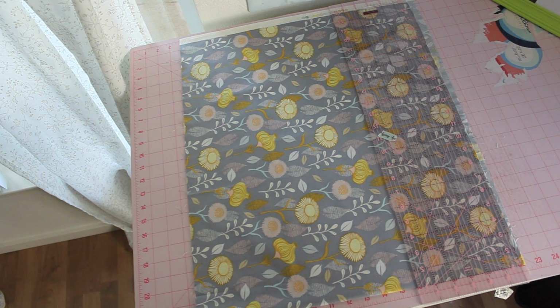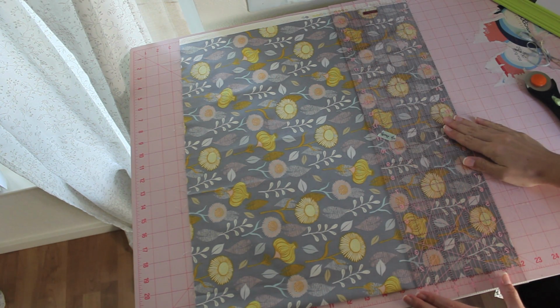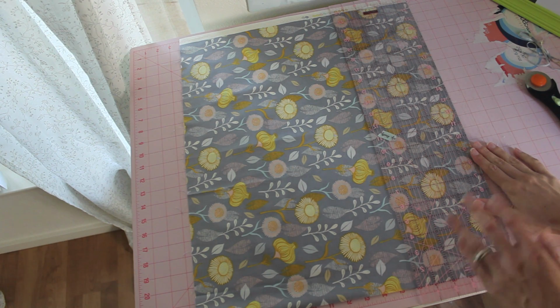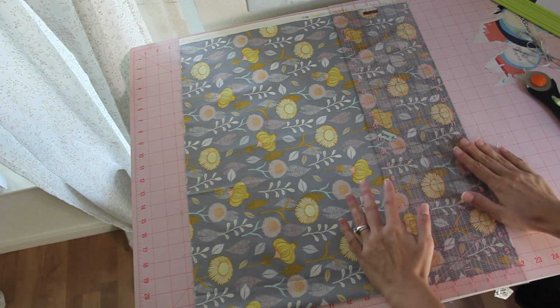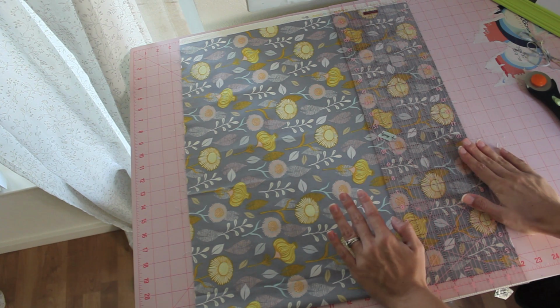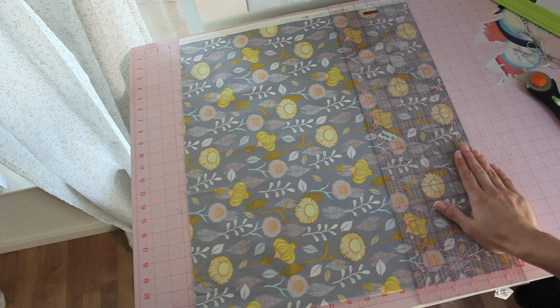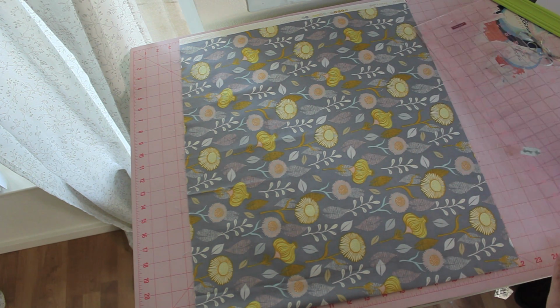So grab your rotary. Okay, now you want to make sure that you have a 90-degree angle down here because that's going to ensure that you are square. And if your cutting is accurate at the very beginning, you're going to have a lot less problems down the line. Okay, now that you've got this side square,